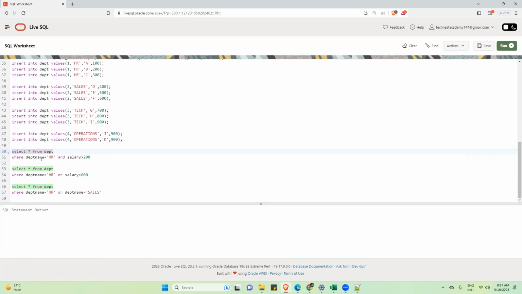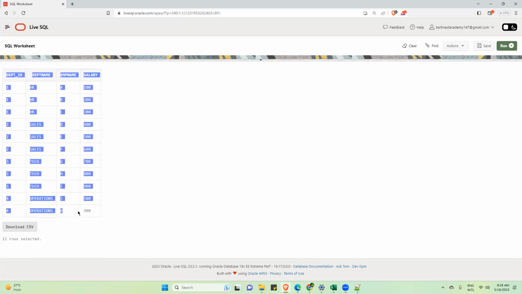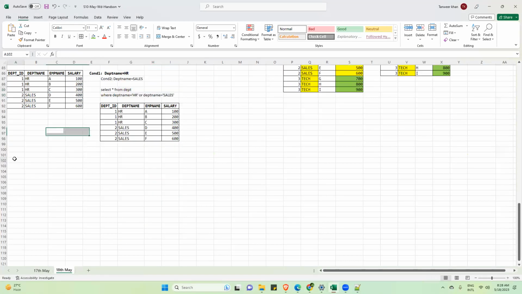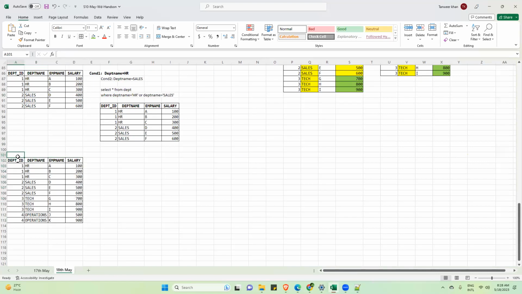Now we have this data. So now we have HR, sales, tech and operations. This is the new set of data in this department table.